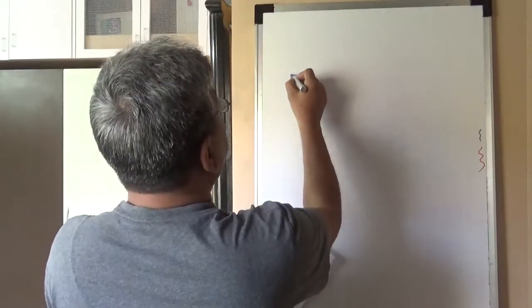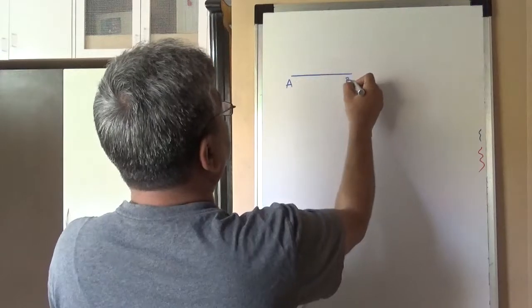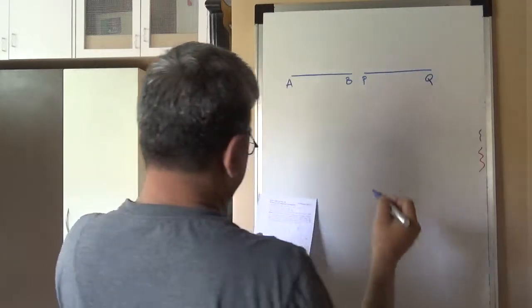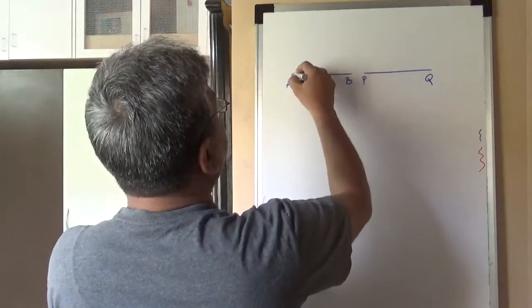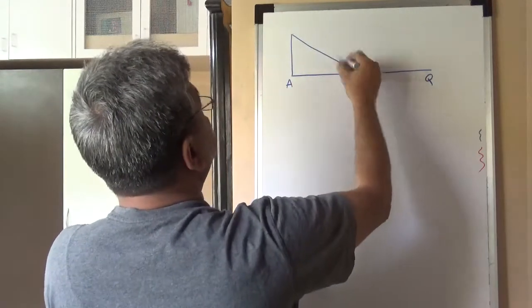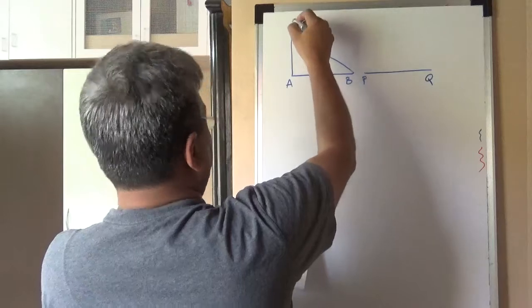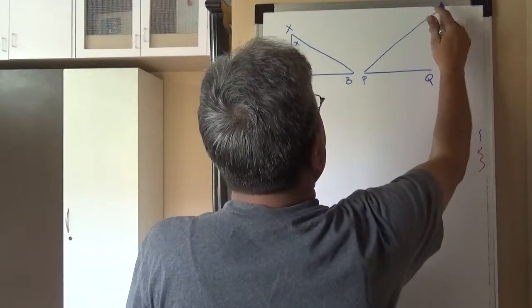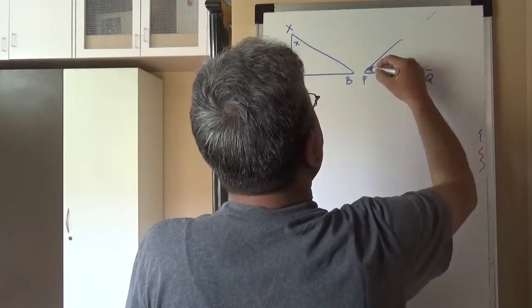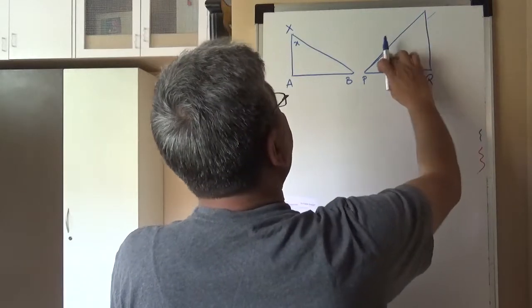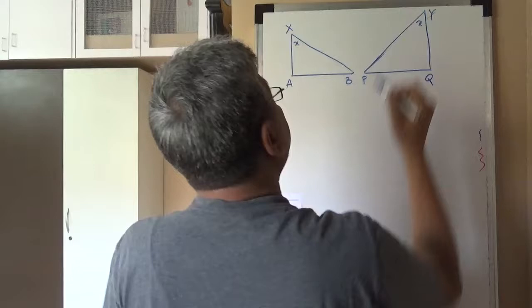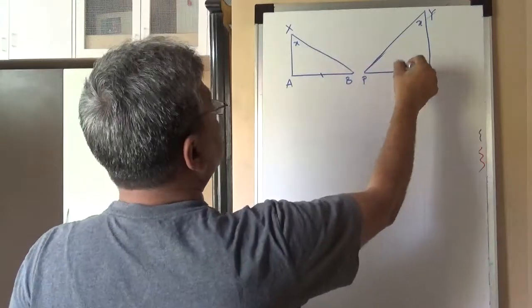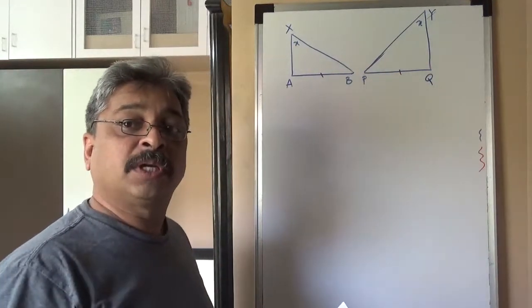It goes like this. Suppose we have two segments, AB is congruent to PQ, and we have two points X and Y such that this angle at X is there, and suppose we have the same angle at Y. They are not congruent triangles but the angles are same. So if we have the same angles at two different triangles, then what can we say about circumradius